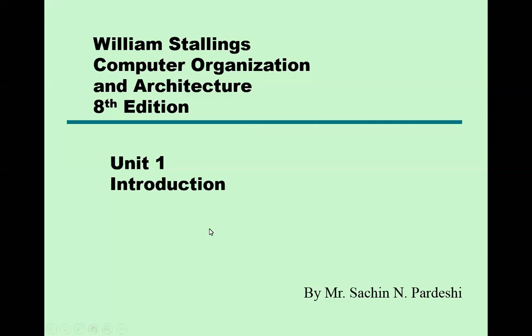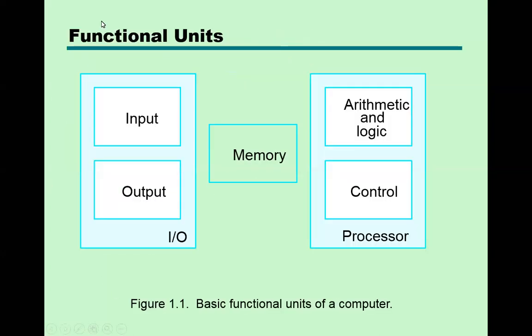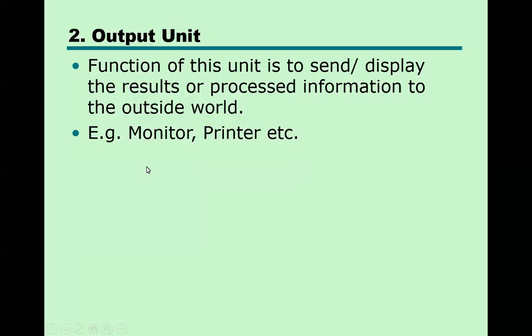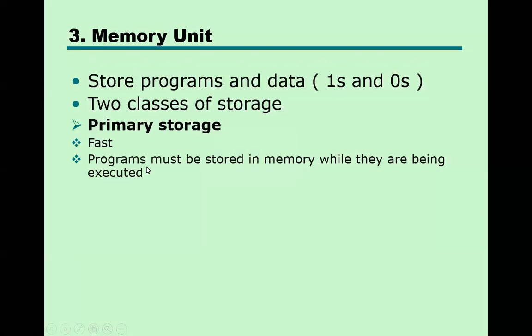Okay. So what we have discussed till date, in the first lecture, we have discussed functional units. A computer is basically divided into three functional units: input and output, memory, and the processor. Input and output devices, the memory, which has primary and secondary memory, as well as the processor, which has an ALU as well as a control unit. So these five different units we have seen here, how the wire carries your data in the form of 1 and 0. We have seen how the different line coding schemes work, right, in our previous